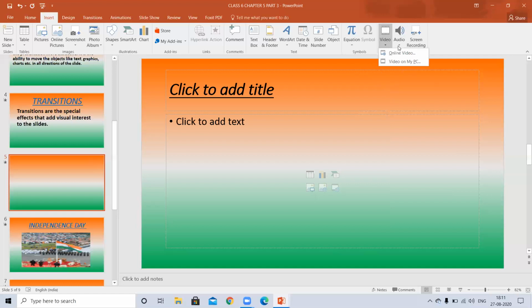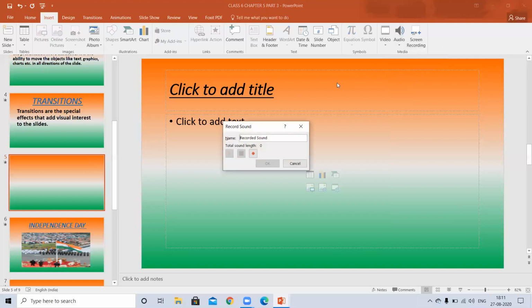In the same way, if you click on audio, again you will get two options: audio on my PC, or record audio. If you have a file, you can insert it from your PC. Otherwise, you can record also. In this way you can start recording.